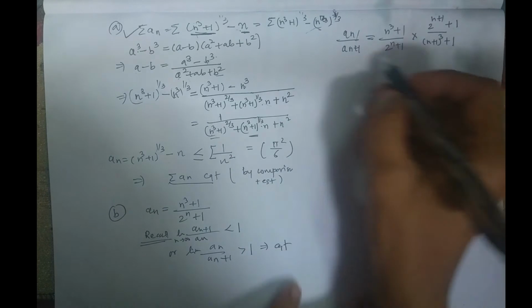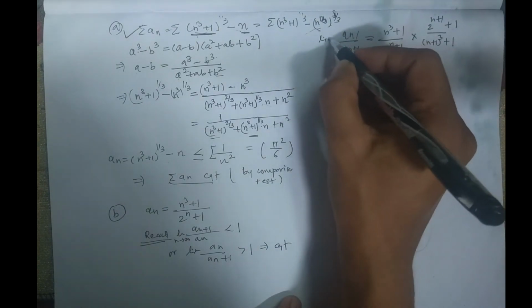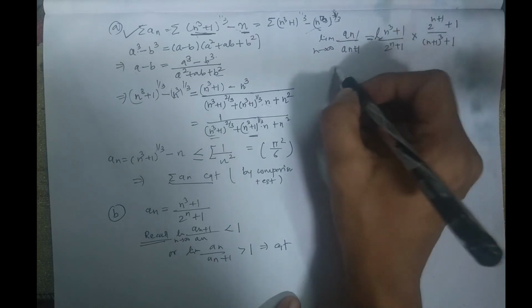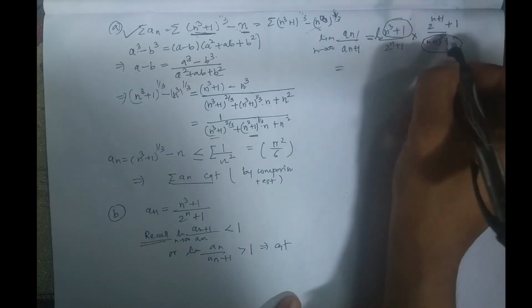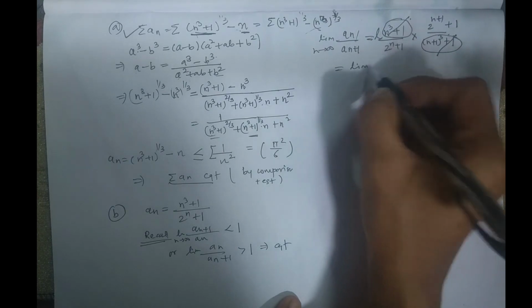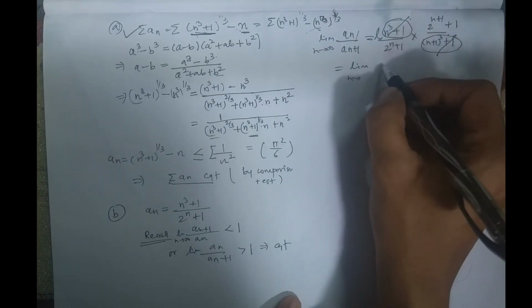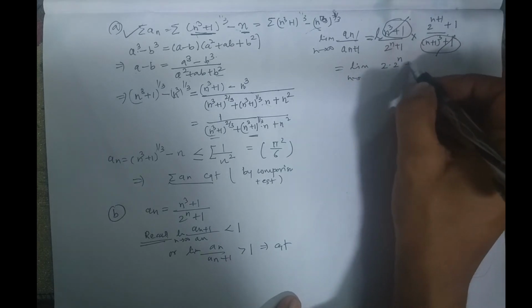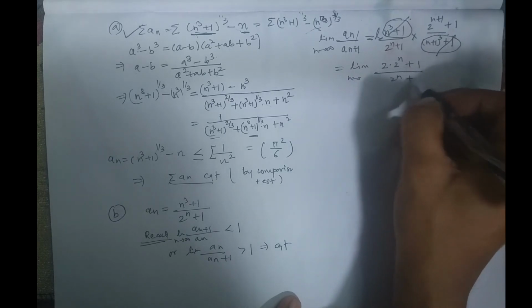Now we have to evaluate this limit as n approaches toward infinity. Apply the limit here. So cubic upon cubic will cancel in a way, and we will be left with this. 2 raised to n plus 1 means simply 2 raised to n, 2 into 2 raised to n, plus 1, divided by 2 raised to n plus 1.